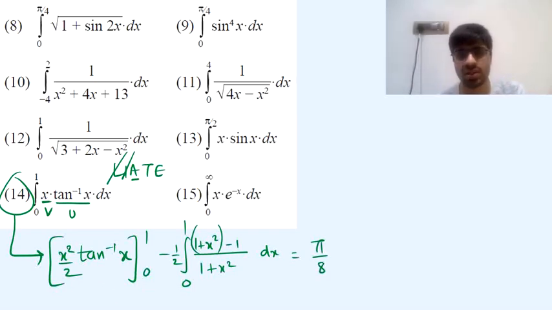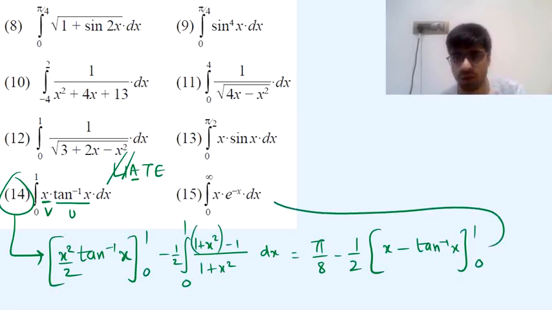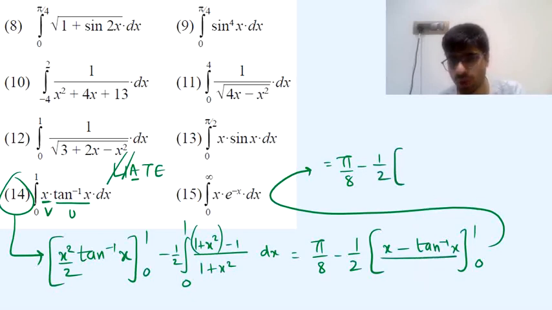You put a 0 and you get a 0, so minus it will be 0. Minus we have half. Then we have the first part as integration 1, which is equal to x, minus the second part is 1 upon 1 plus x square, that is the integration of which is tan inverse x. And this too goes from 0 to 1. We evaluate this further, so we have pi by 8 minus half into, put a 1 first, so you get 1 minus tan inverse 1, which is 1 minus pi by 4, and then put a 0, so you have 0 minus tan inverse 0, which is all equal to 0.